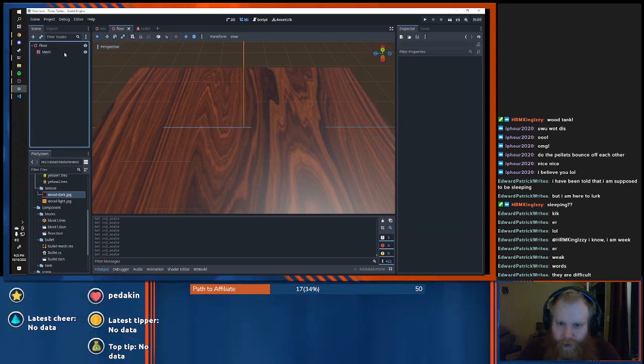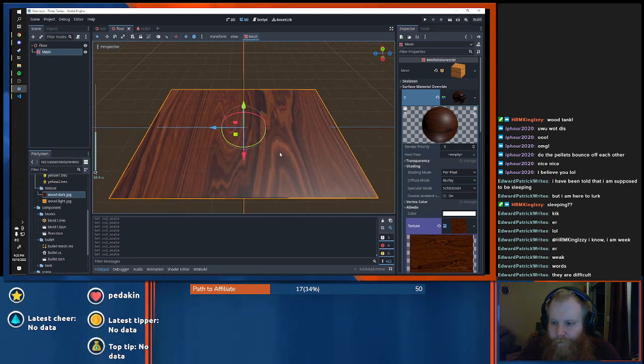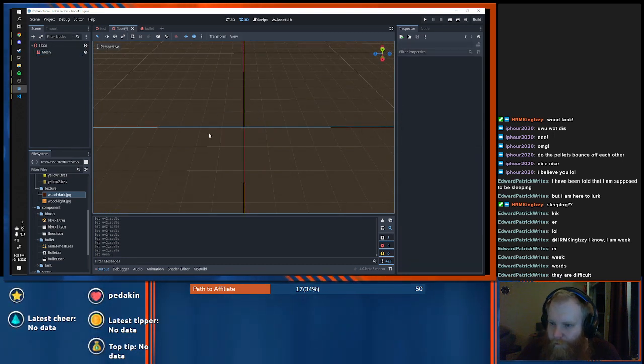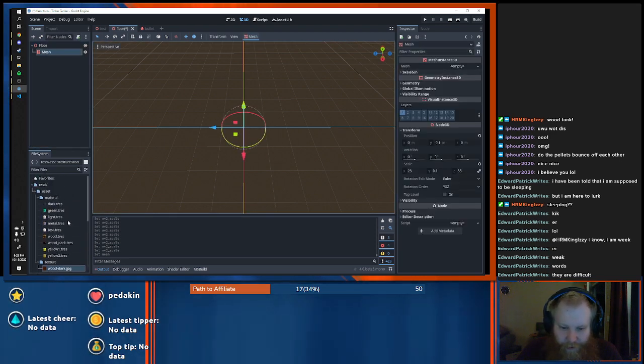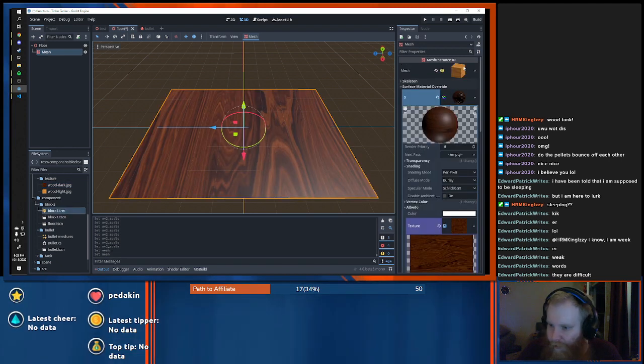I feel like that's a pain. Okay, we're gonna drop this mesh in again. That's the sky. Bam. Wait, why? Oh, I know why. That does make sense actually.